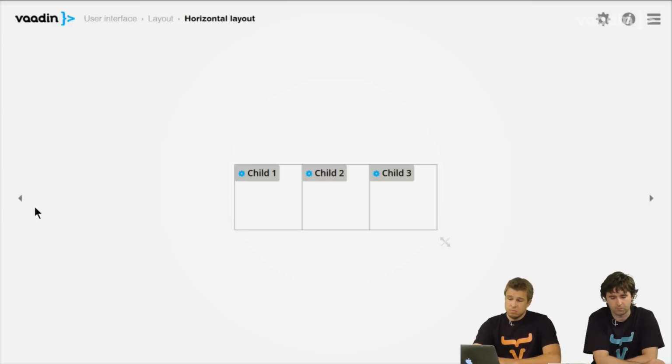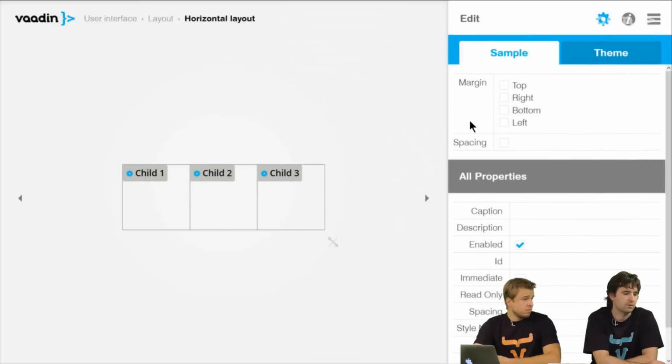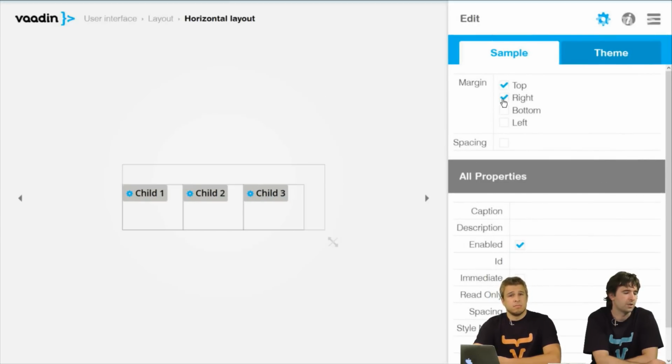So when you, for example, want to just have three buttons one next to another, then you are better using a horizontal layout rather than specifying their position with CSS. What these layouts both do, they allow you to specify a margin around them, meaning that there is some extra space around the whole layout. And then you can also specify spacing, which means that the components will have tiny space between them, and they will not look as clogged as